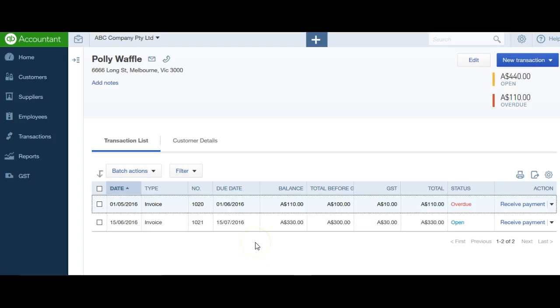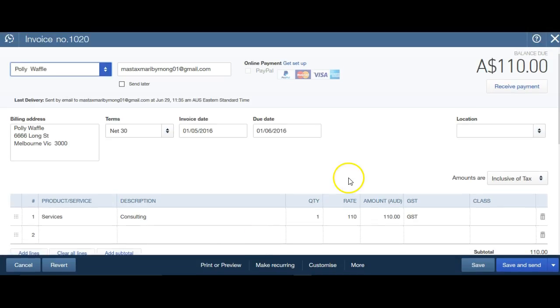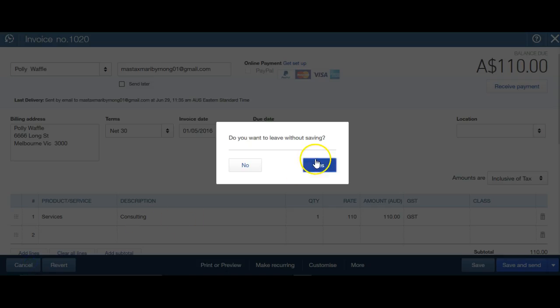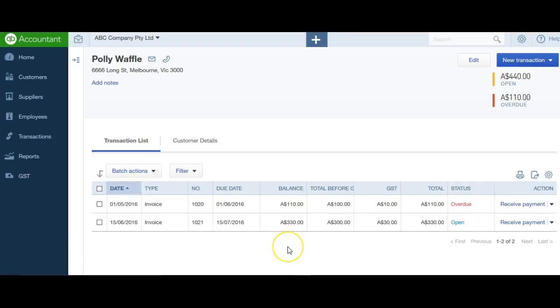And this is the details of that invoice, and we also have a more recent invoice for Polly Waffle for $330, which actually isn't due for payment yet. Okay, let's go to banking. So we click on Transactions, click on Banking,